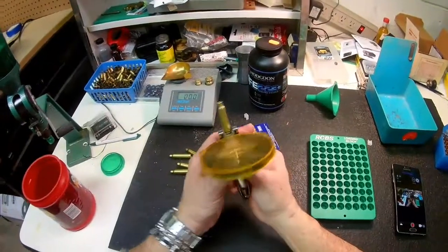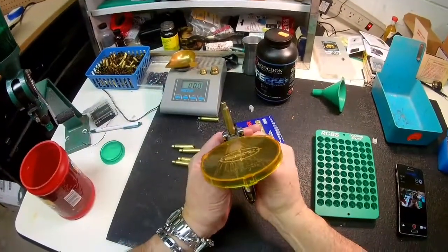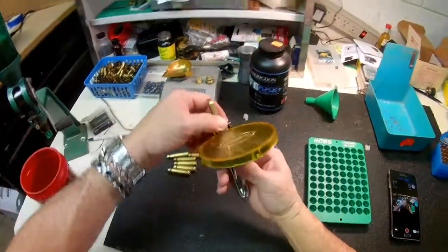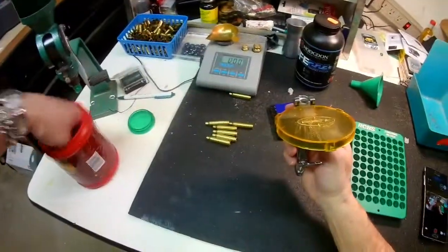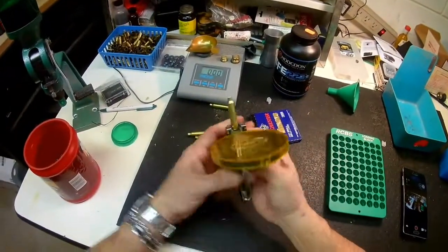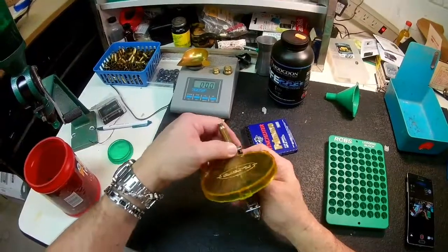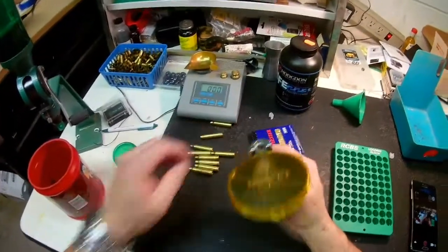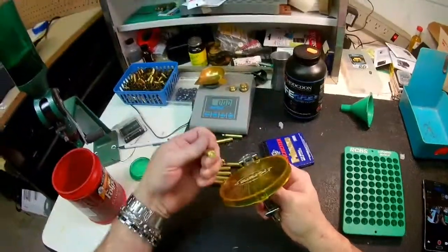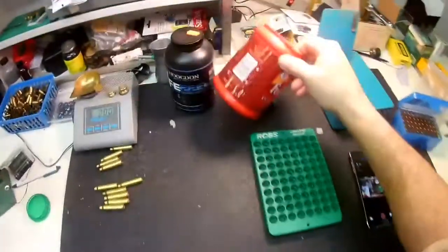Now, if you didn't do the military crimp, you'd never get it in. Just won't happen. Okay? I'm going to do all 10. Some sound like they're a little tighter than others and stuff, but as long as it goes with just squeezing your finger like that, you're good. Make sure that it's in there. There you go, primer. Another one to go. That's it, I'm done. Okay? Put that on the side. Now I can go ahead and